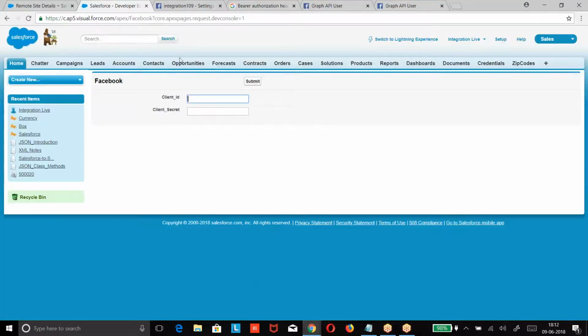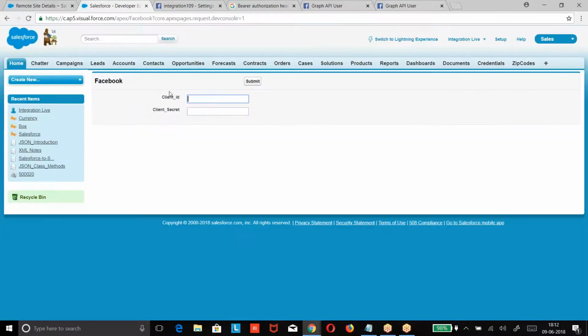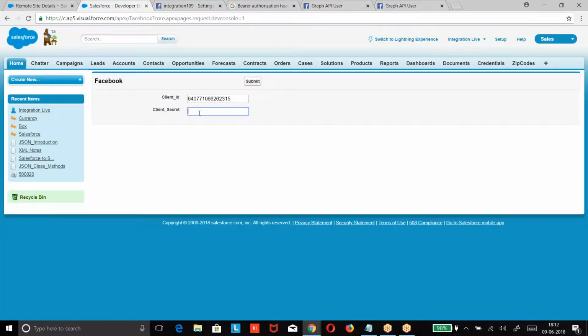Let me try. Otherwise, you'll see the other URLs. So connection is established, but the only thing is we need to spend some time to read the Facebook documentation to find out the URLs, which I was not doing. So we got ID equal to somebody's profile. We got it, boss.